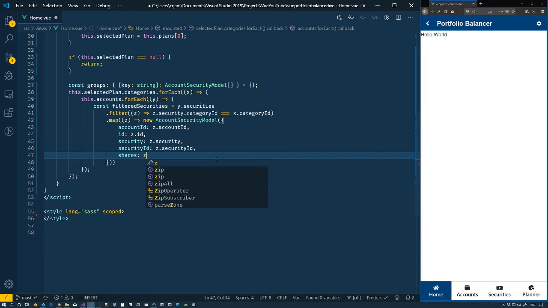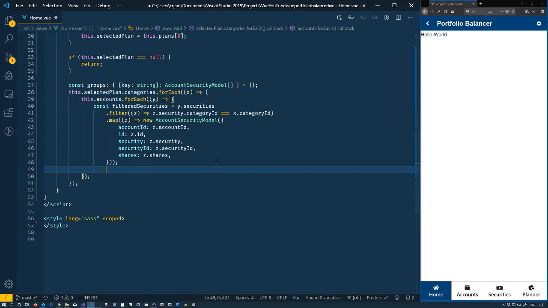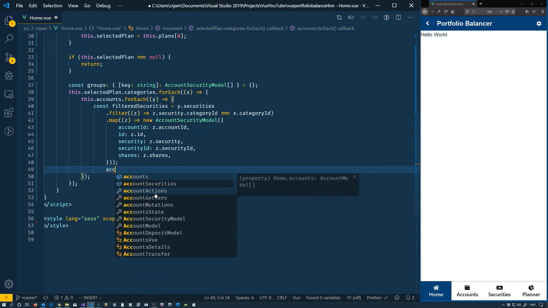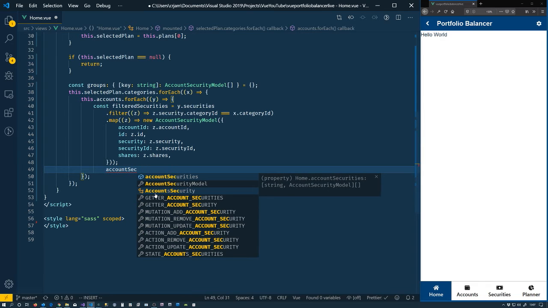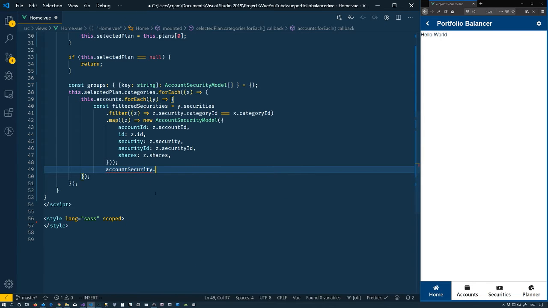And shares, z.shares. And we could put a way to set it. I've done it on the security here. I don't know why I haven't done it for the account. We could do it, but let's just, account, security.account, and that's going to be, so apparently I have